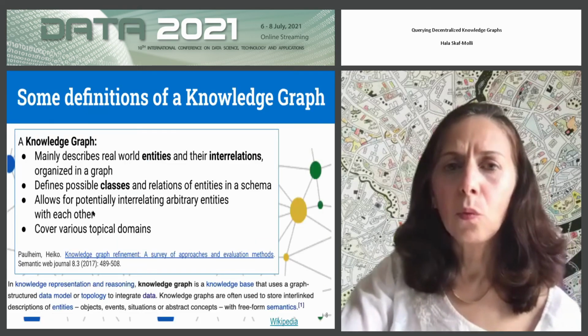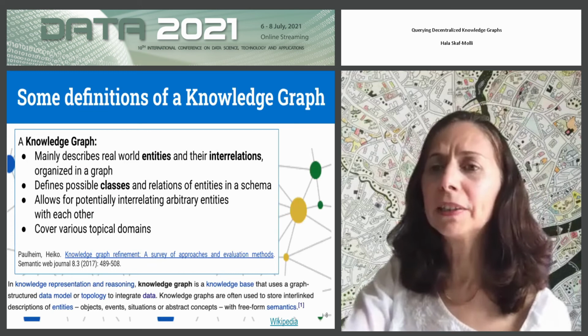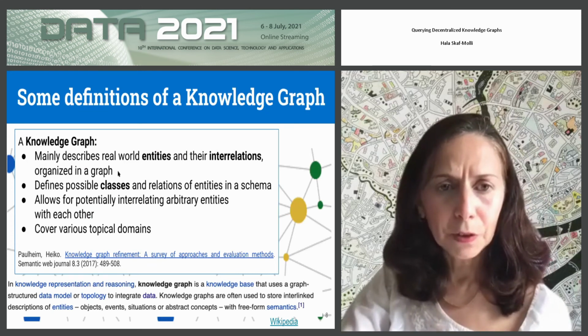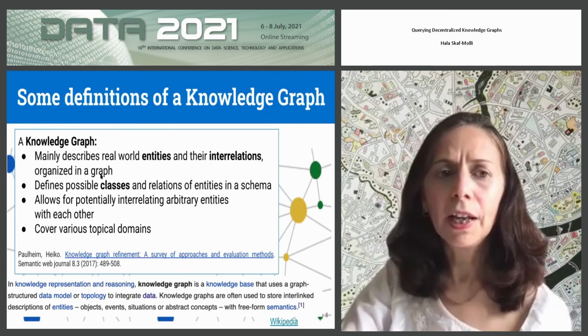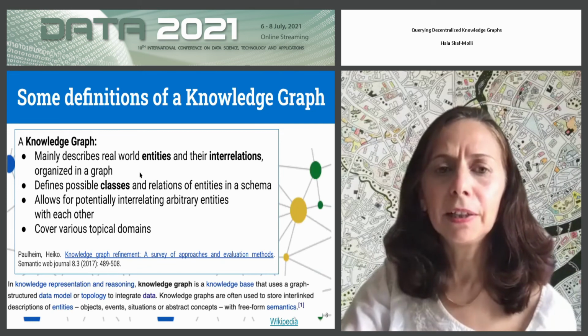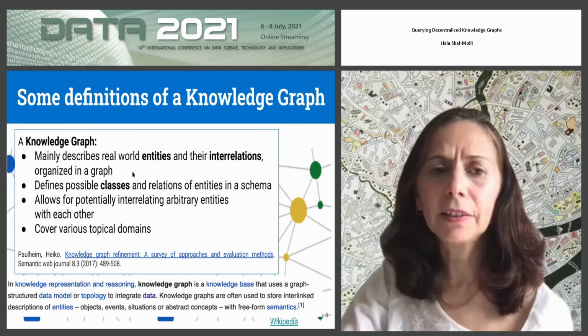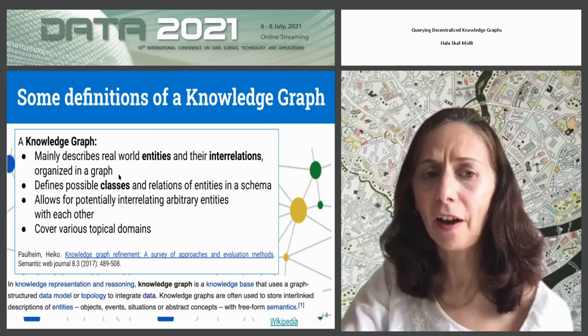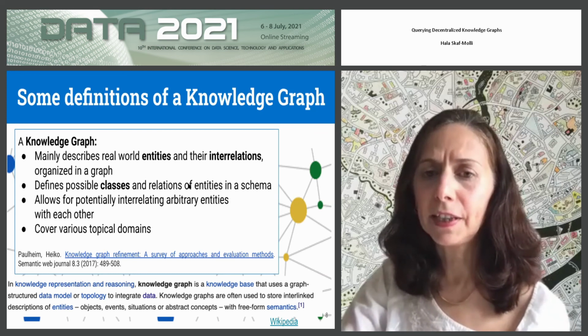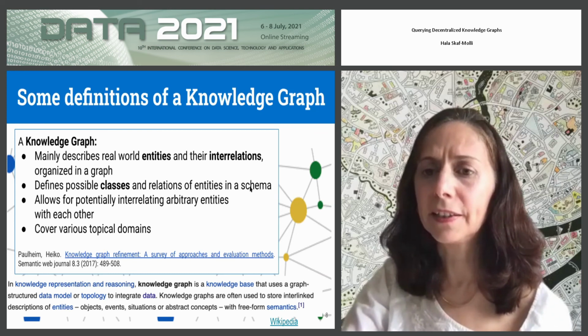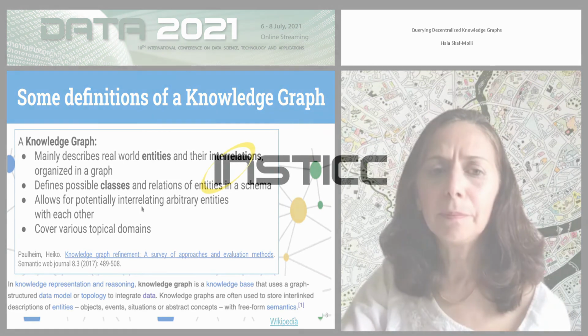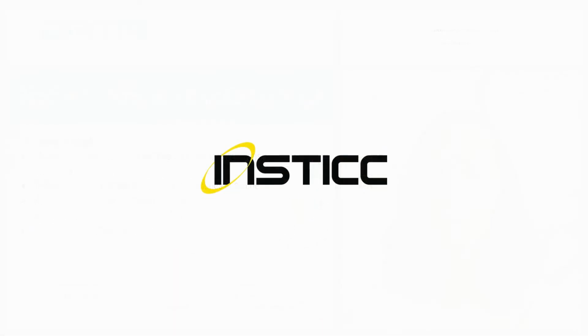So what is a knowledge graph? There are many definitions. I choose this one, which is the most used. A knowledge graph mainly describes entities and interrelations organized in a graph. We can define classes and the relations between these classes in a schema, and we can make any interrelation between entities, and the knowledge